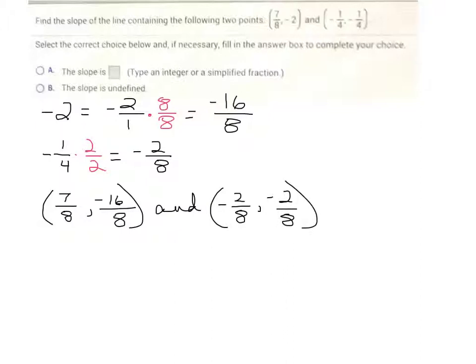Okay, so now when we use our slope formula, which is y2 minus y1 over x2 minus x1, we can call this x1, y1. It doesn't matter. We could have done it the other way around. But let's go ahead and do this. So we take